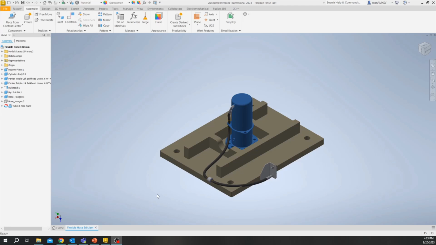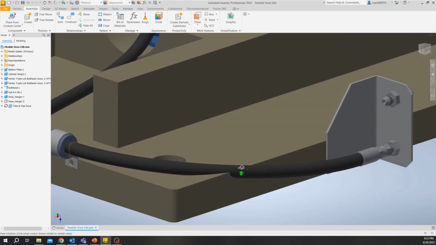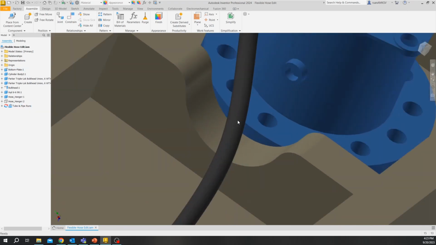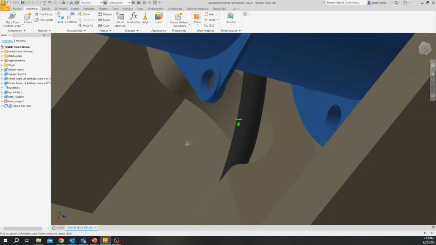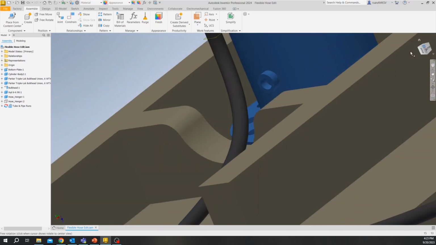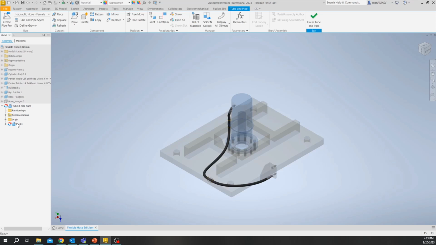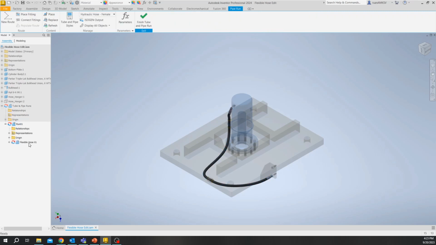Now we will be looking at the flexible hose editing. So as you can see here, the pipe is interfering with my base, and the pipe is also interfering with the base over here. So for me to edit that, I will be going to my tube and pipe runs. I'll double click on this to activate it. Then I'll go to the run, because there's only one run, so I'll double click on my run to activate that. I'll double click on my flexible hose,